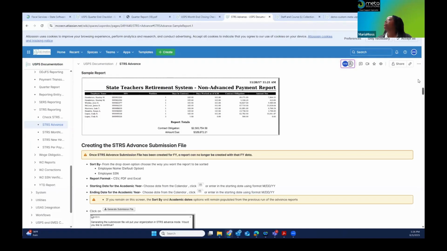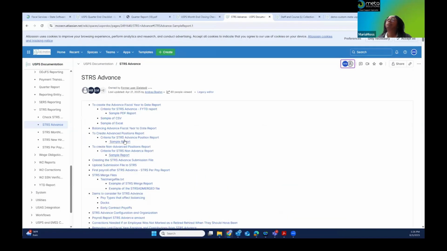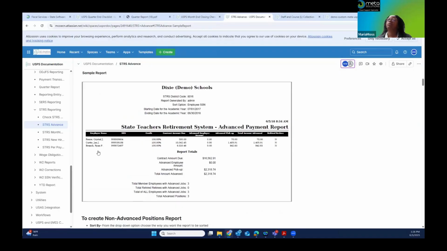There's the employee name, the social security number, their service credit, the amount due, the amount advanced by employee, the advance pickup, the amount advanced, and whether, yes or no, they are a rehired retiree.